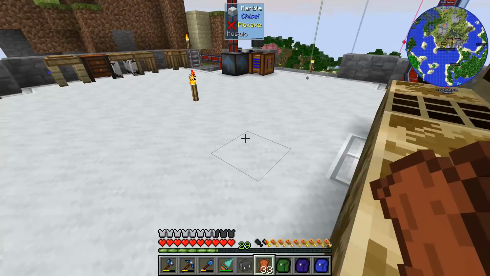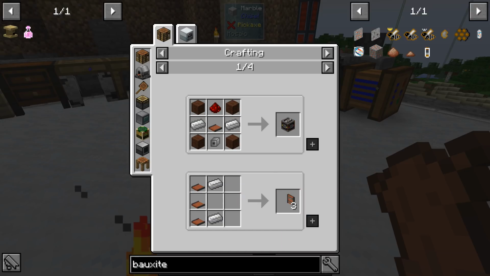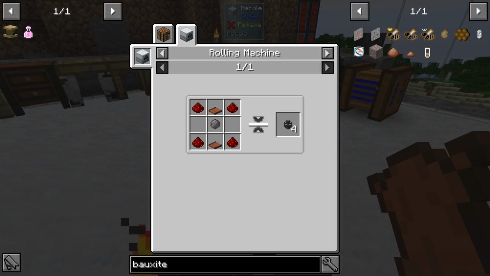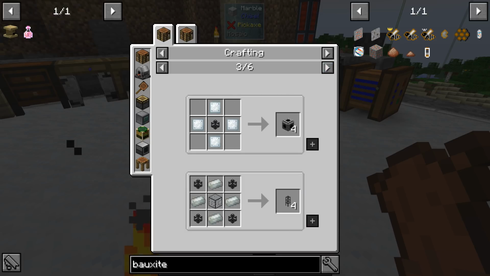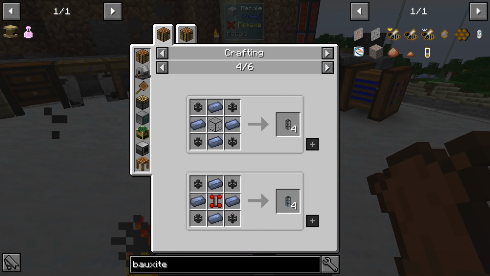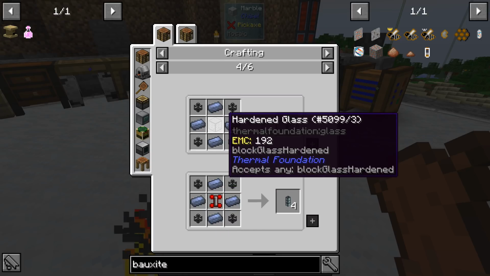So we can make a whole ton of these conveyor belts, because we needed leather for these conveyor belts, and the conveyor belts are needed for... Oh, it's in the rolling machine. Yeah, these transfer pipes, and the transfer pipes are then, in turn, needed to make fluid ducts. Yes. So it's forever, this process. We should probably look into these, but yeah, basically. Wait. Hardened fluid duct opaque. Hardened glass or a redstone servo. We can make it from...